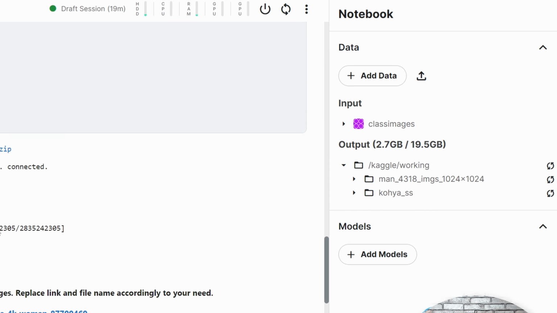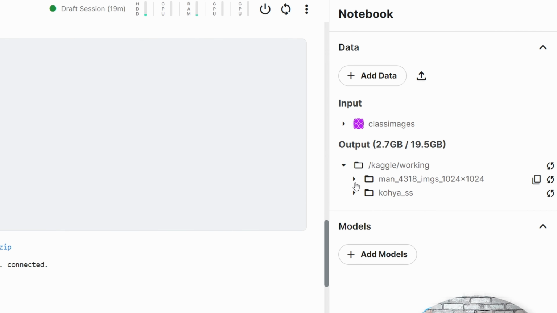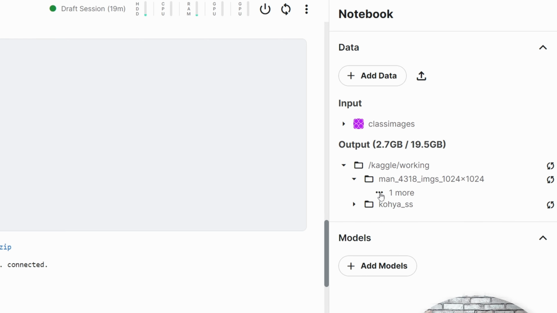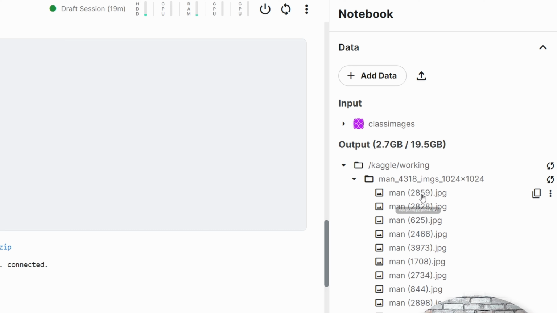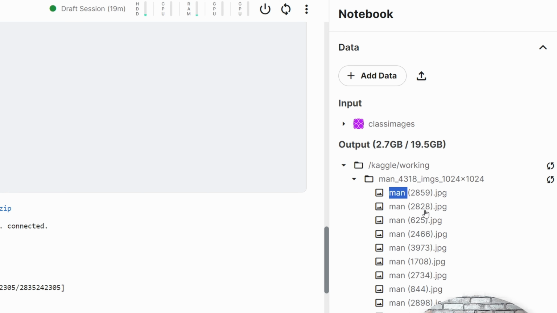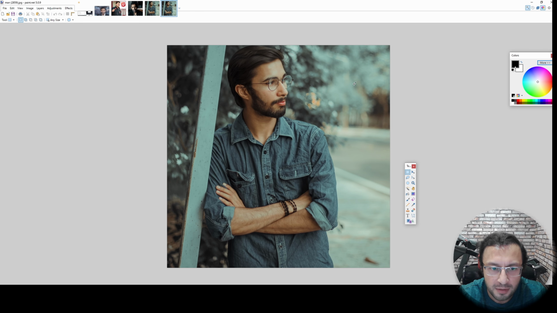Alright, the classification images are ready. We can see them here. When I click this icon, it will expand it. There are over 4,000 files, so it is a little bit hard to open. When I double click this file, it should open. It's somewhere here. Okay, it didn't display. Maybe I can download here. I can click these three dots and click download. It is downloaded. Yes, you are seeing one of the regularization images.